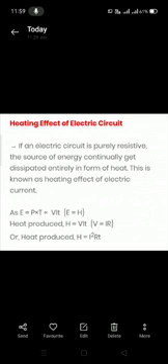We know that energy equals power into time. Here the energy which is needed is heat energy. So H equals power into time. Power formula is voltage into current. So the equation changes as H equals V into I into T, or from Ohm's law we will substitute V equals I into R. So the above equation changes as H equals I square R into T.